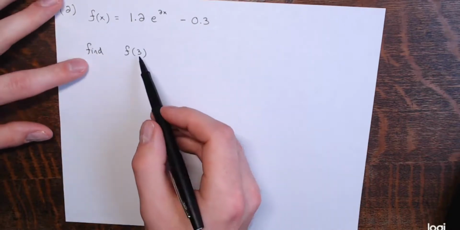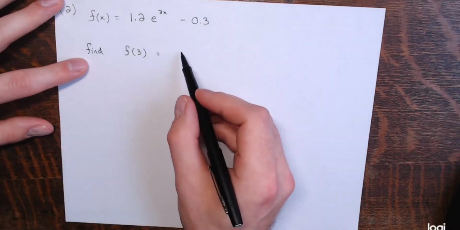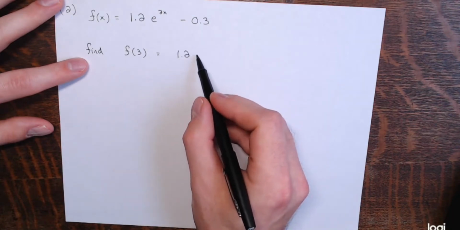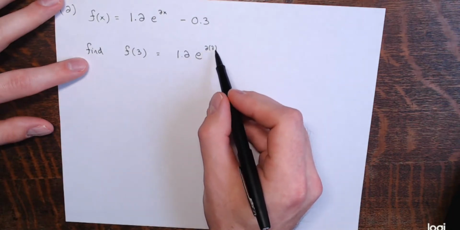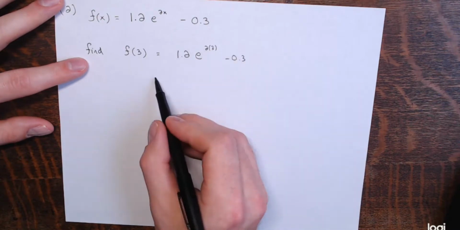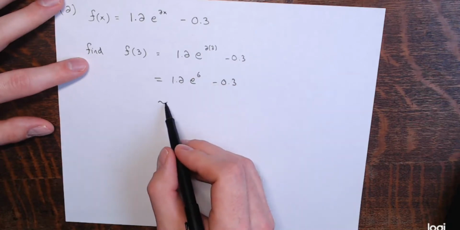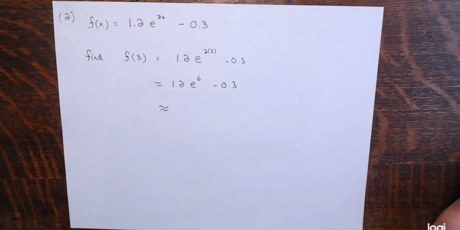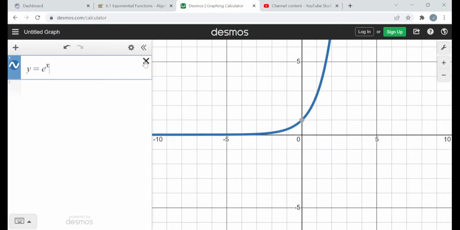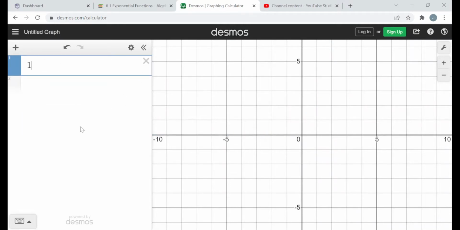So I'm just plugging in 3 here. What's f of 3? This would be 1.2 times e to the 2 times 3 power, or e to the 6th, minus 0.3. That's 1.2 times e to the 6th minus 0.3. And once again, I'm asked to round this to 5 decimal places. Now I'll just enter this in the Desmos calculator. So let's get rid of this stuff. So 1.2 times e to the 6th minus 0.3. Right, so this to 5 decimal places is approximately 483